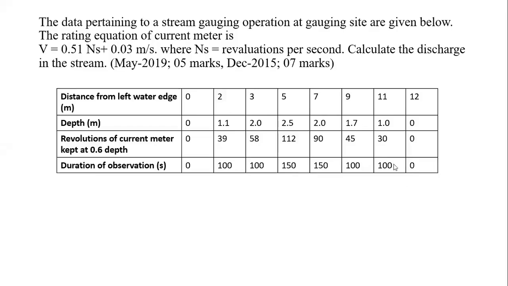Velocity, sorry, discharge we have to find out. Velocity तर कुठे घेतलेली आहे? Velocity ही फक्त 0.6 मीटर डेप्थलाच घेतलेली आहे. म्हणजे 1.1 च्या 0.6 मीटर डेप्थला ती velocity in the sense काय केलेलं त्यांनी करंट मीटरचे